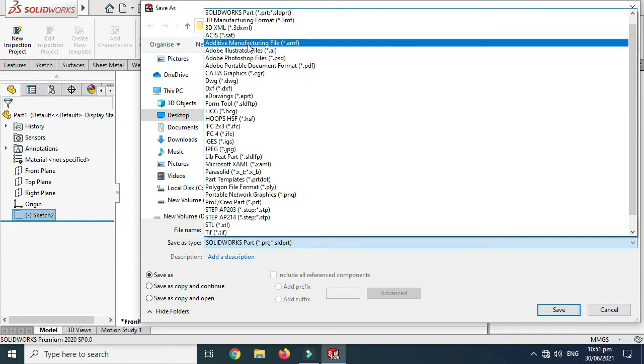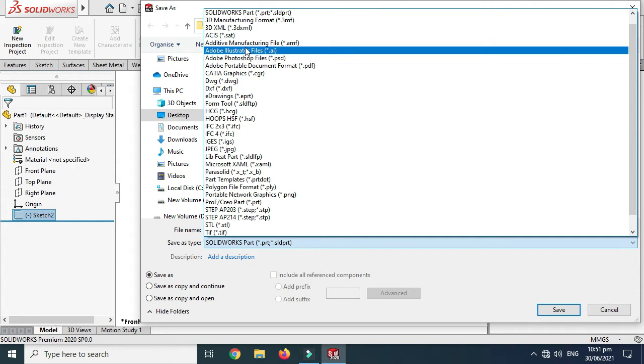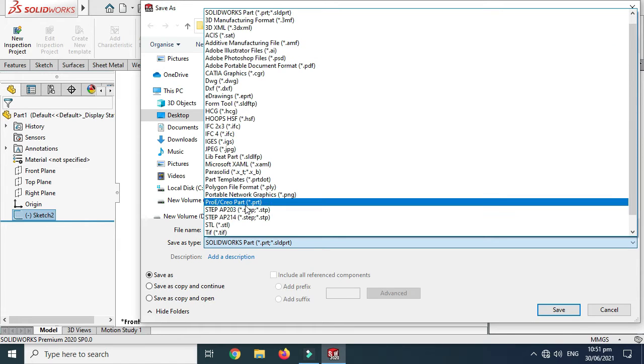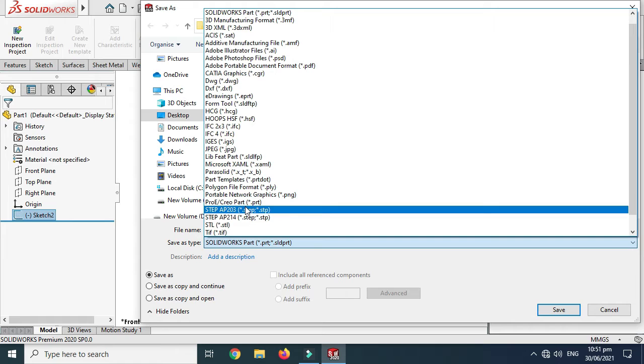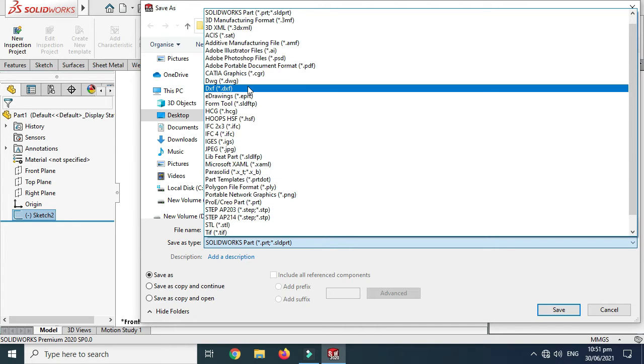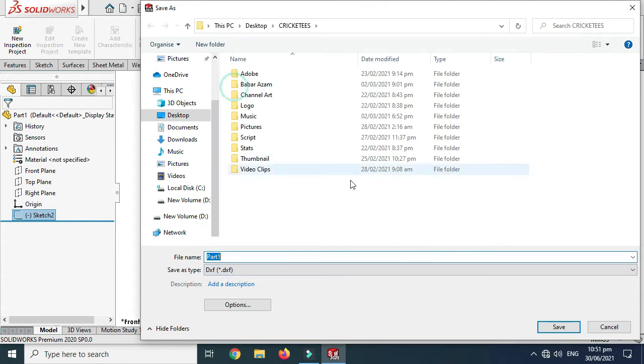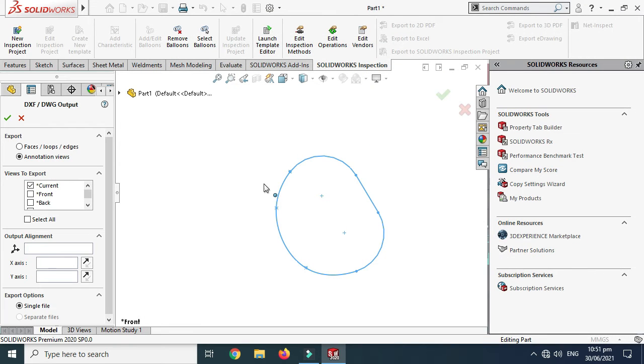Here we have so many extensions like CATIA, PNG, JPEG, ProE, Creo, etc., and STEP files, which are mostly used. And here we'll save it as DXF. So select this and select save, and here it is asking